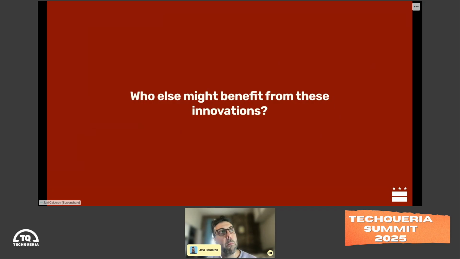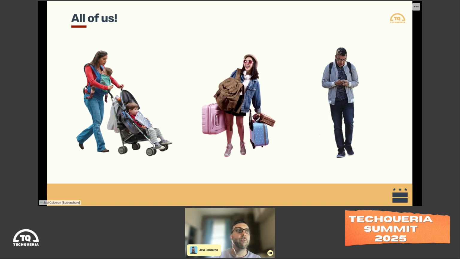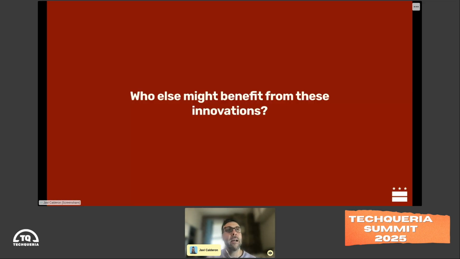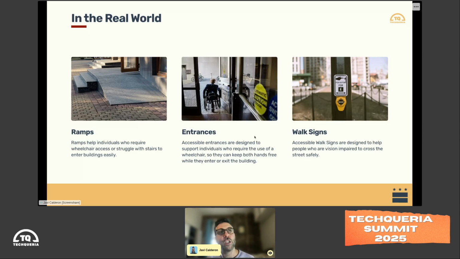But guess what? All of these technologies, all of these innovations now have ubiquitous use, right? Moms, grandmas, grandpas pushing a stroller, people with their grocery carts, so on and so forth, take advantage of ramps and curb cuts, which we'll go back to in a second. Anybody who's carrying a lot of stuff, their arms are busy or encumbered, can take advantage of that assistable entrance. Maybe you just don't like touching stuff that a bunch of people have touched and haven't washed their hands, so you kind of elbow the entrance and let the door open. You're like, okay, glad I didn't have to touch that, right?